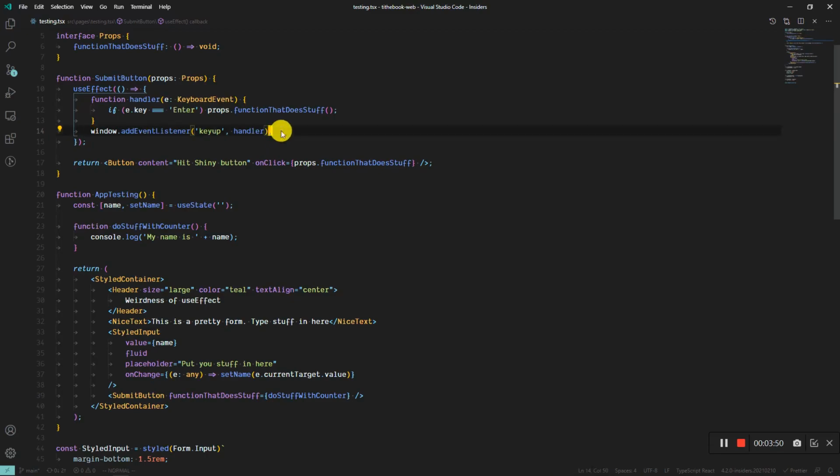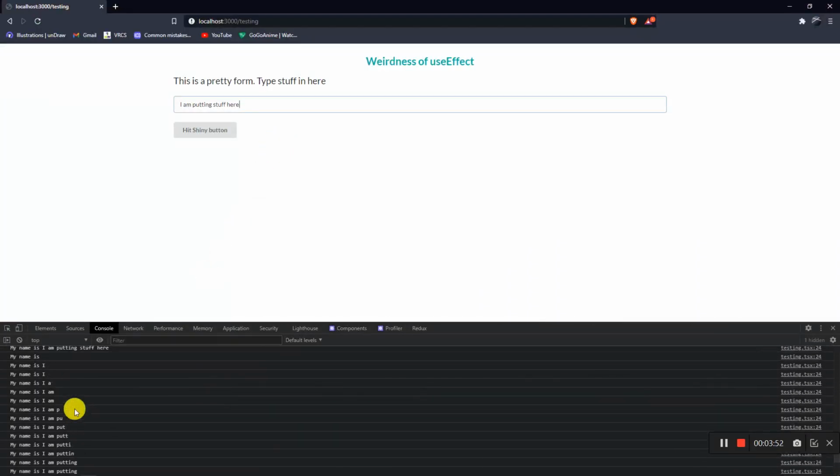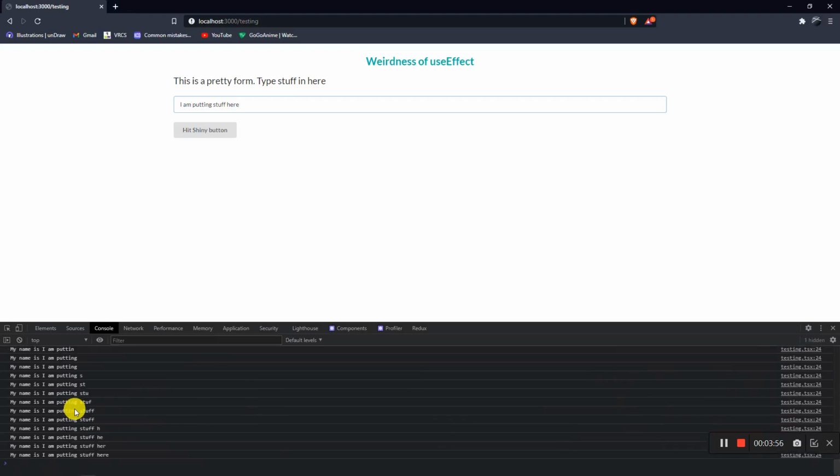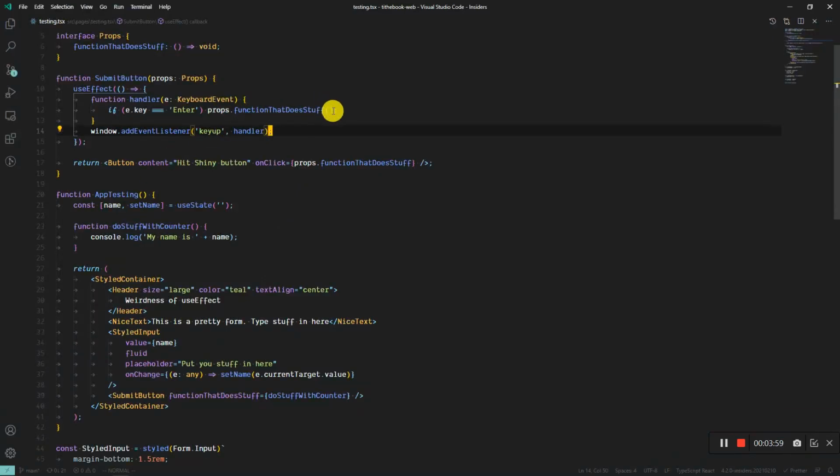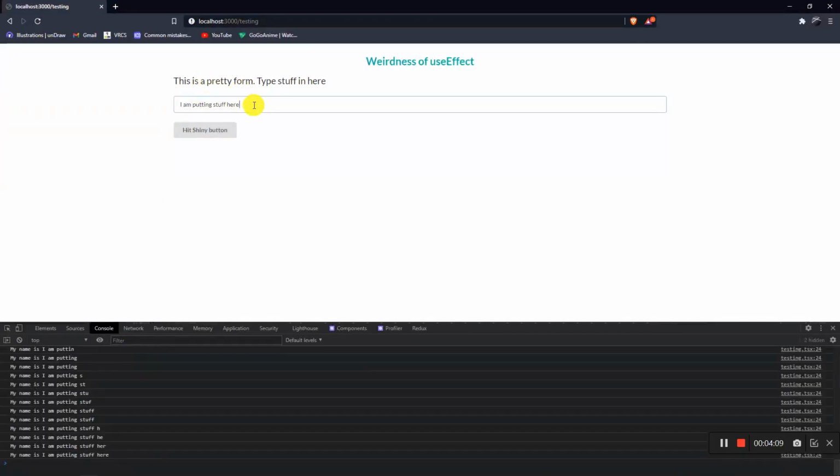But this whole messy situation that we're having down here, right, is as a result of this function doStuff, right? Whenever we enter any new value inside the form here, right, React will re-render this entire component, right,